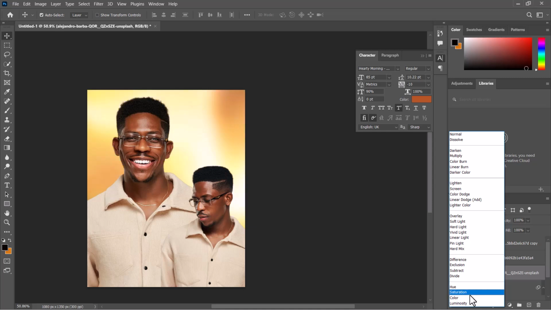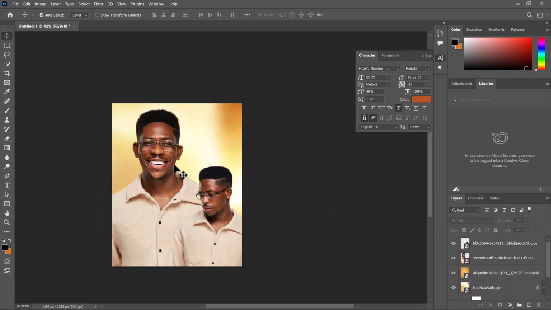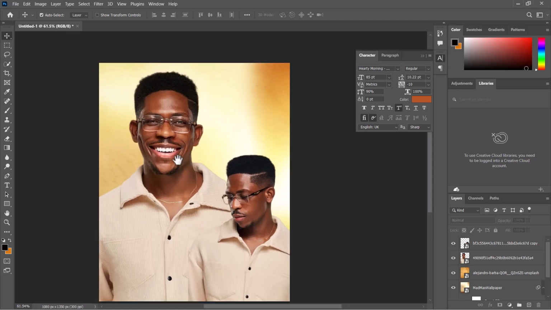For me, I don't even know which one works well, so let me just see. I actually want something like a popping background, or I'm still going to try out some other ones and see what works. So I like this one, Soft Light, overlay. So I leave it on Soft Light, something like this. So when you're working on something like this,